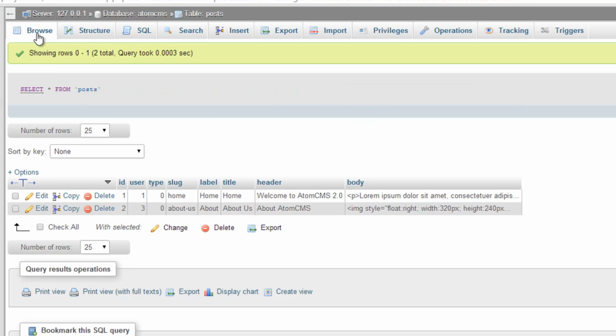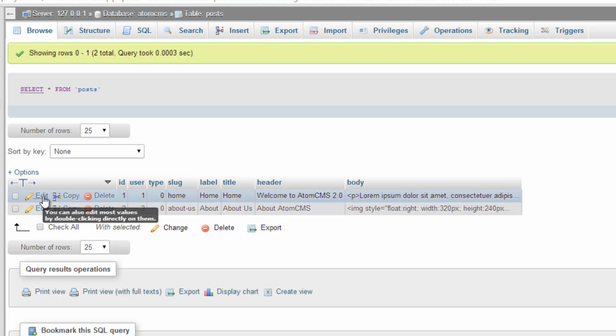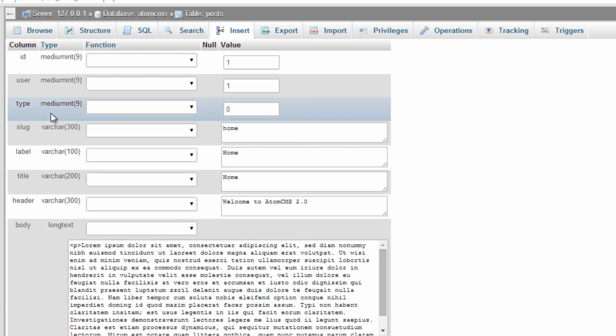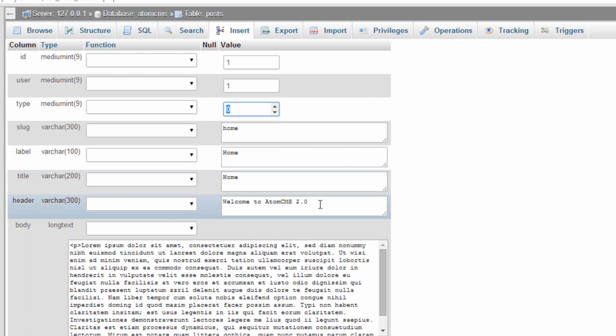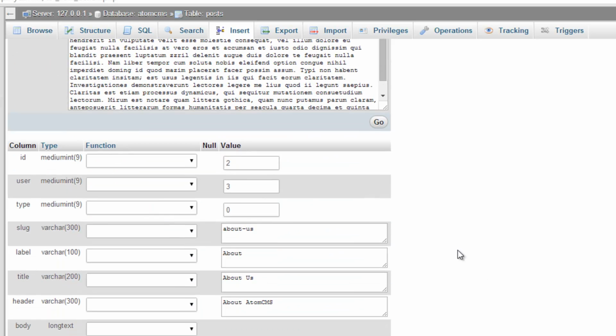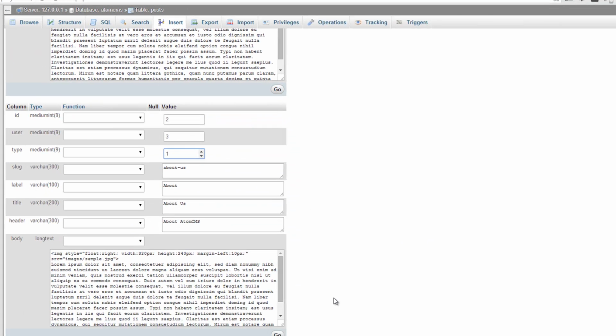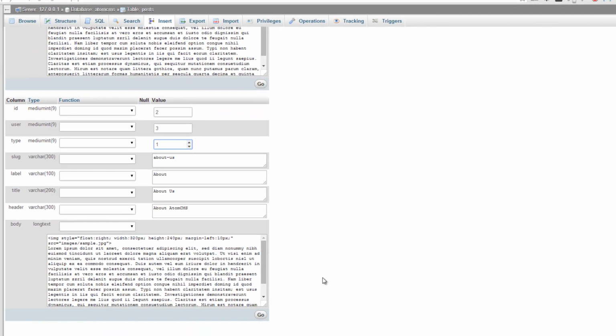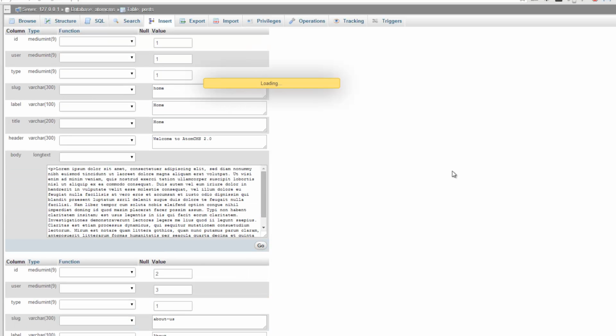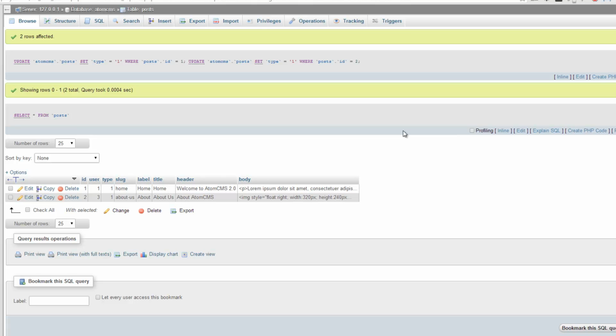Let's go over here to browse, and let's go ahead and change these. So if we check these boxes here and click on change, let's come in and change this type to 1, which is what I'm going to make pages. So that'll load the page view. Click go to save that. Okay, so this table's ready to go. Now we need to add